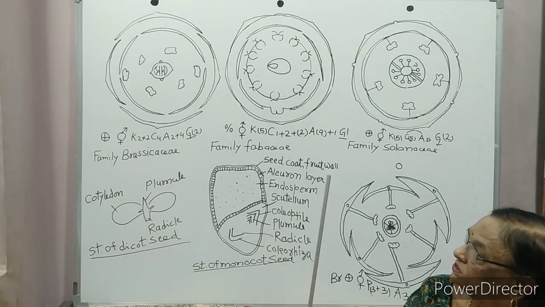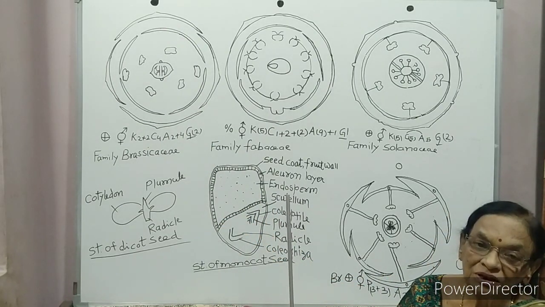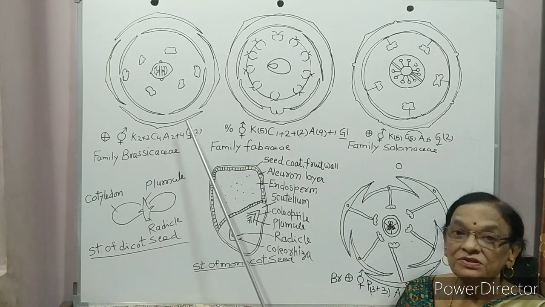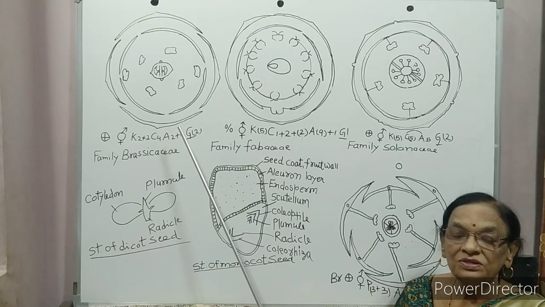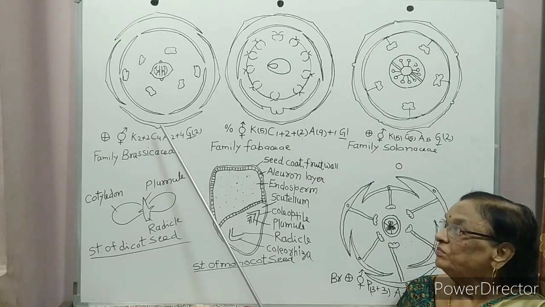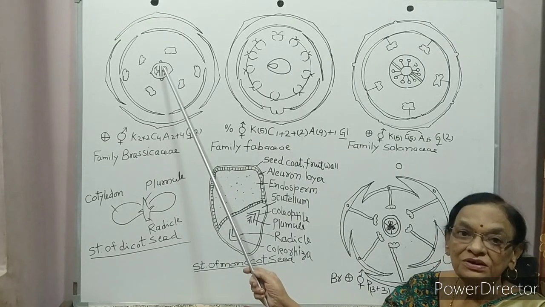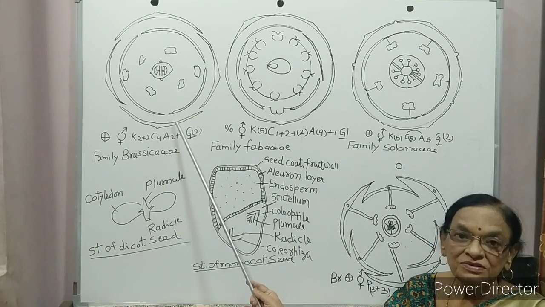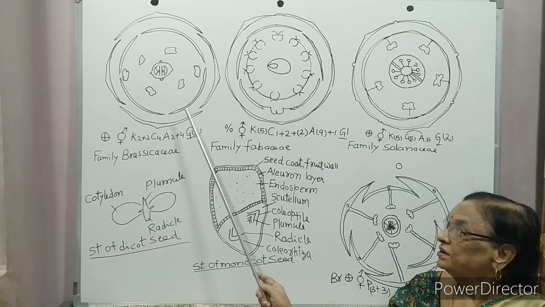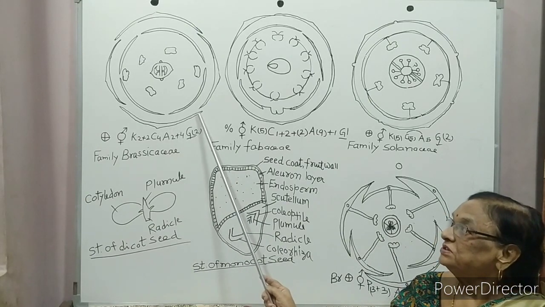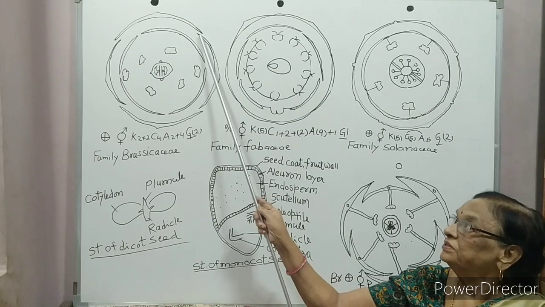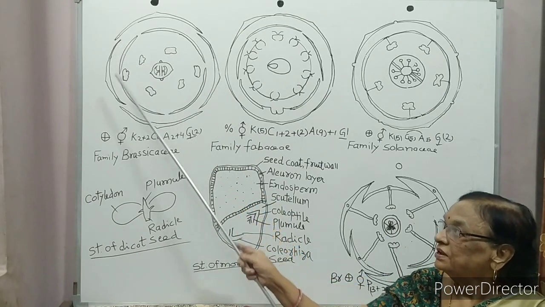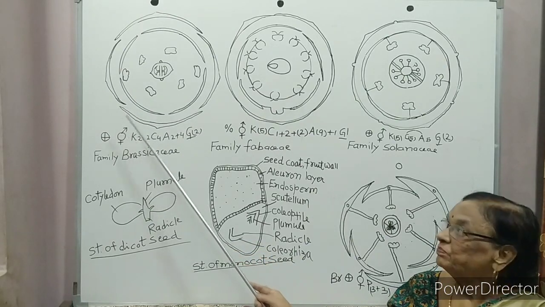Can you see the four sepals in family Brassicaceae? So this is how the floral parts are shown according to their arrangement from external to interior. First part is the calyx. Calyx is made up of sepals. Here you can see the twisted arrangement of the sepals. The margin of the sepal is twisted.